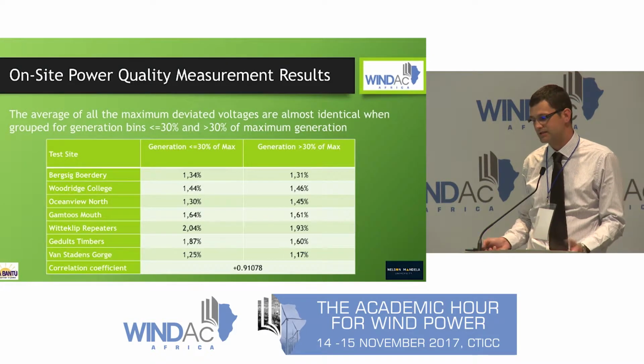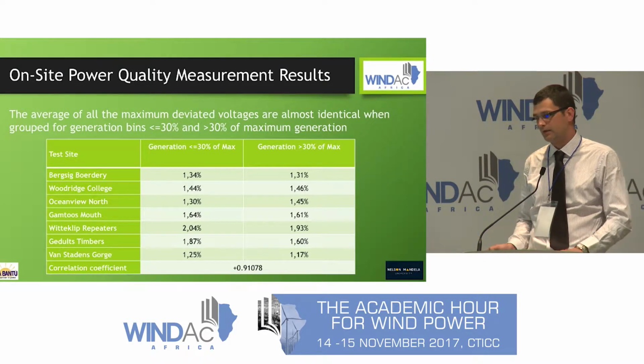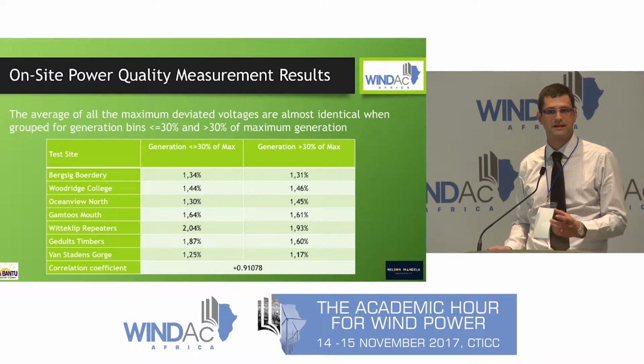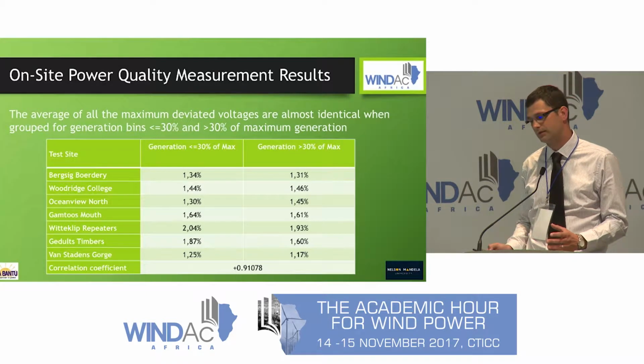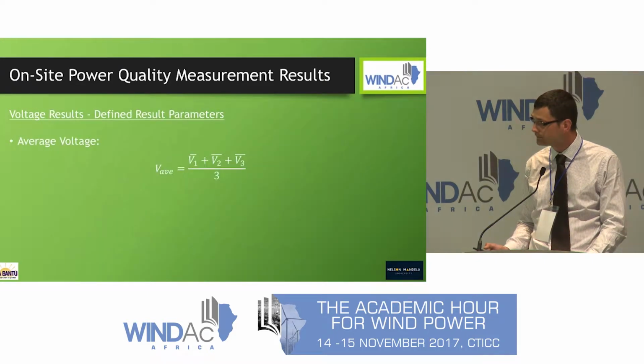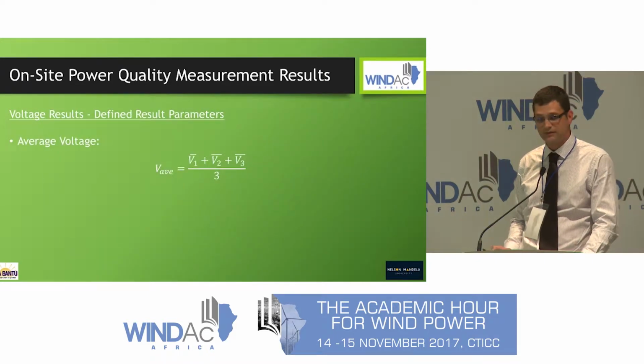And that basically just indicated to me that whether the wind farm's generation is low or whether it's high, these maximum deviated voltages are the same, telling me that the amount of generation does not affect the maximum deviated voltage. So that was the one part of the assessment. The interesting part that's coming now considers average voltage